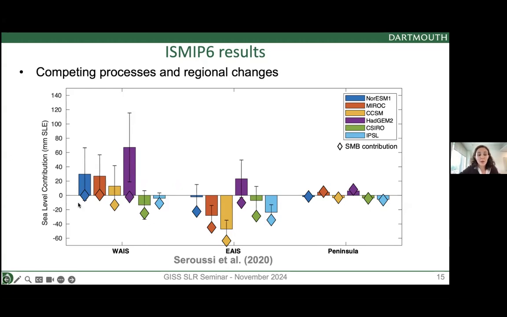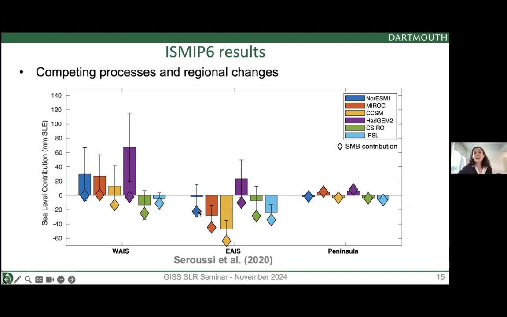So we see that in West Antarctica, there's not much change in surface mass balance, and there is a contribution to sea level. So what's happening? There's limited change in surface mass balance. The ocean gets warmer, and even though melting ice shelves do not contribute directly to sea level rise, there is acceleration of the feeding ice streams that discharge more ice, dynamic processes, and we end up with some mass loss. If you look at East Antarctica, the results are quite different. There's quite a negative surface mass balance. What does that mean?